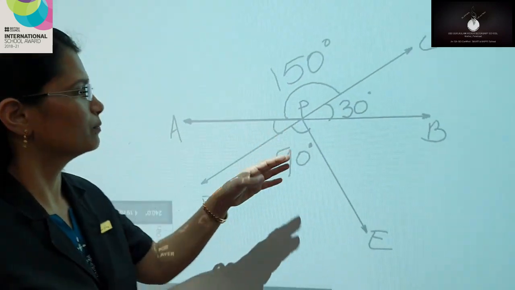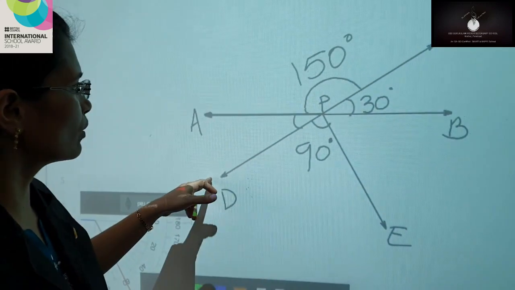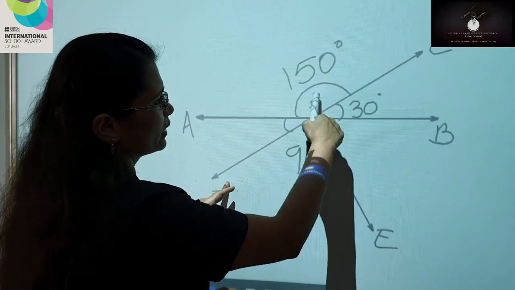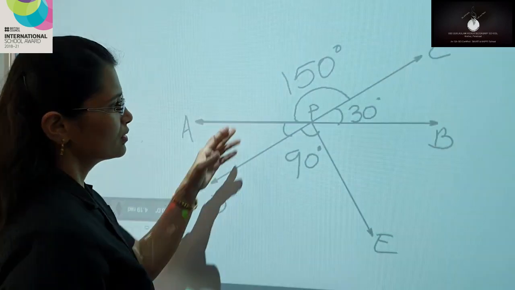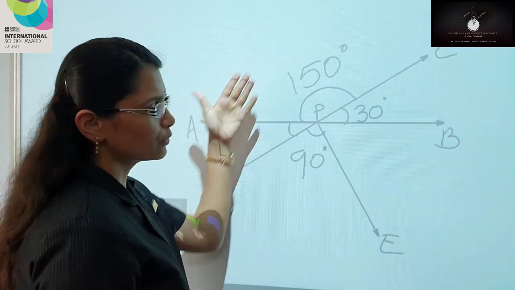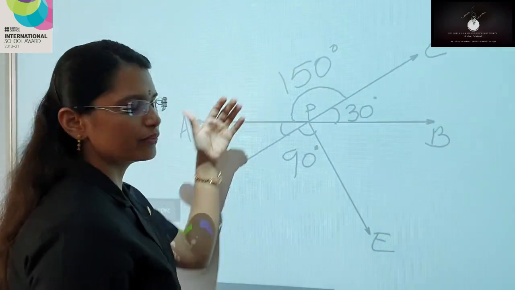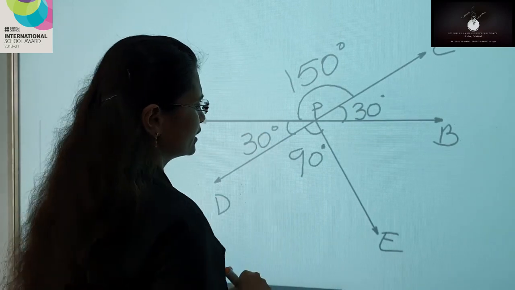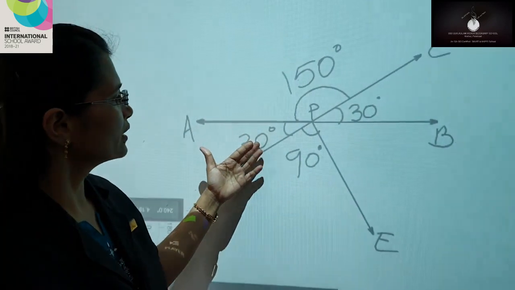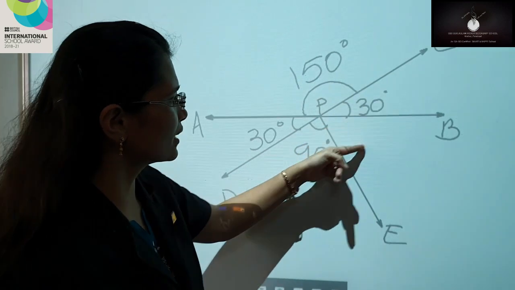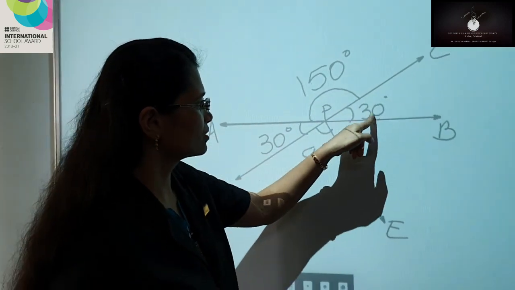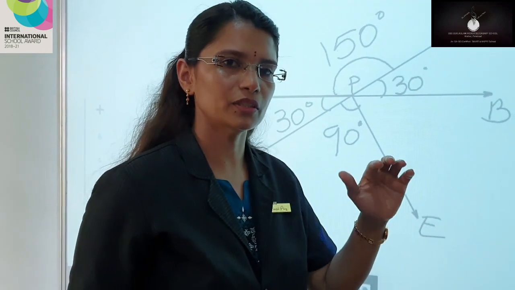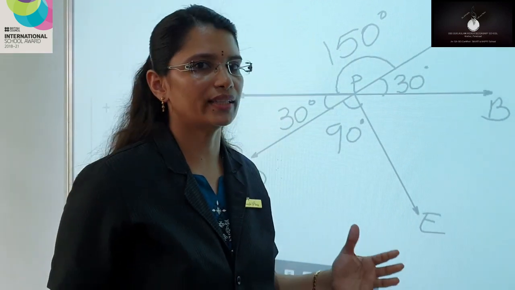150 degree. And CD is also a straight line. So the sum of these two angles must be 180 degree. This is already 150, so 180 minus 150. What is 180 minus 150? That is 30 degree. Now check this side, this complete angle. That is also a form of semicircle, that means protractor form. Protractor is 180 degree, right?